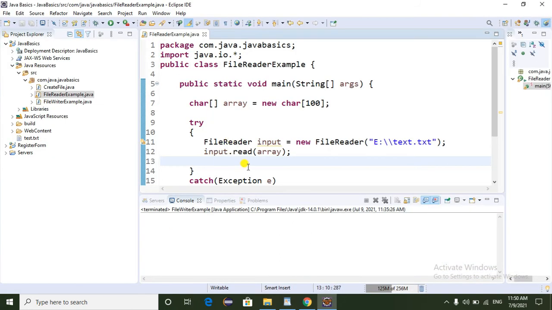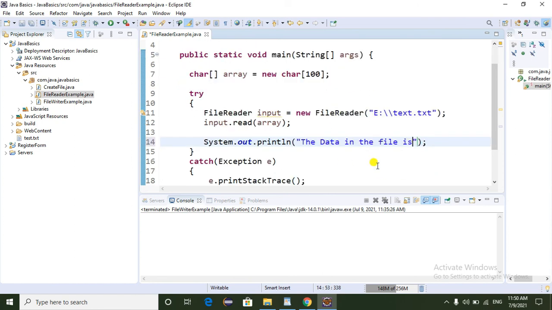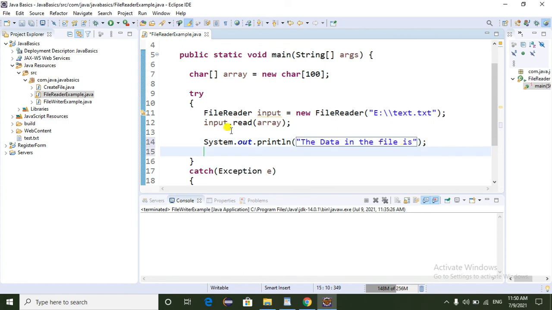Before closing I am going to print a custom message, the data in the file is, which it will display, and I am going to close the FileReader object.